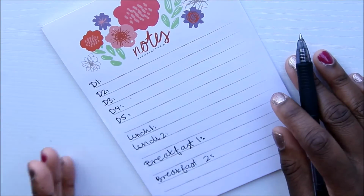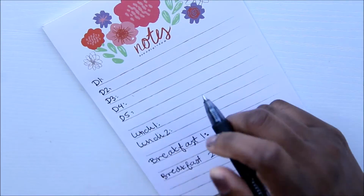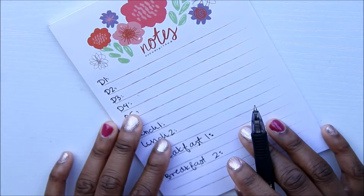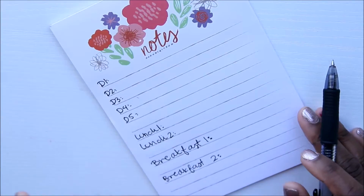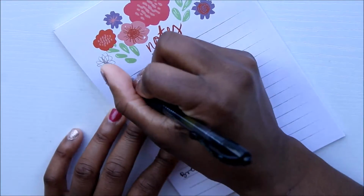So you want to plan for the family and the person that you are right now. Alright guys, so for our dinners this week, we like to do things that are pretty easy. I love to make things in the crock pot. We like to eat a lot of chicken, but we also like to get some variety in as well. So for this week, I am going to do, let's see, number 1,